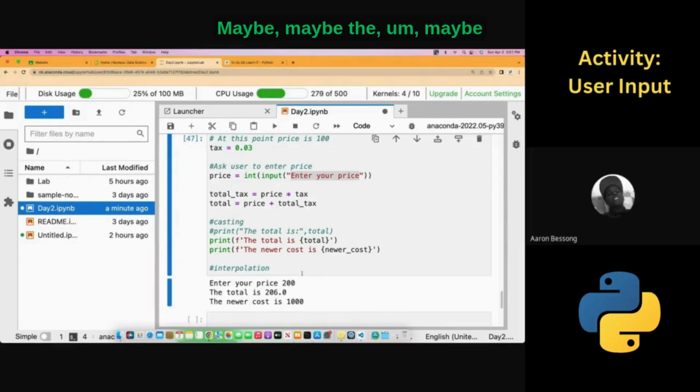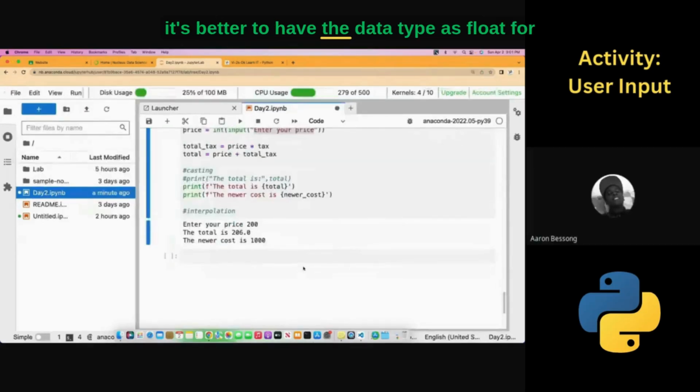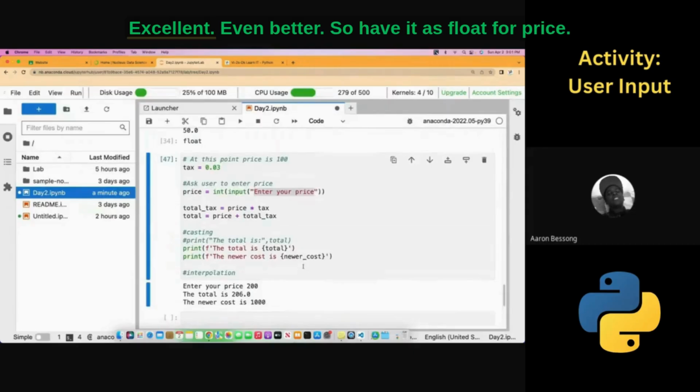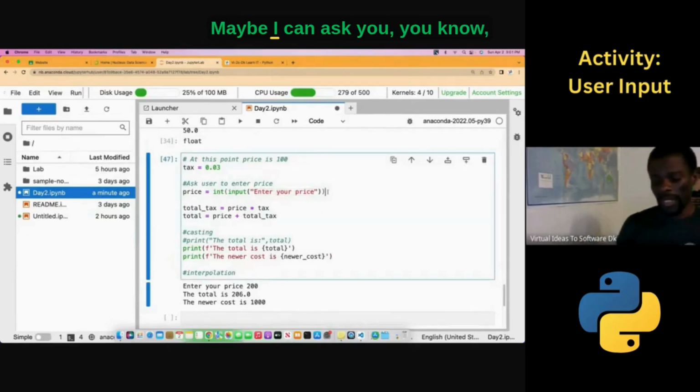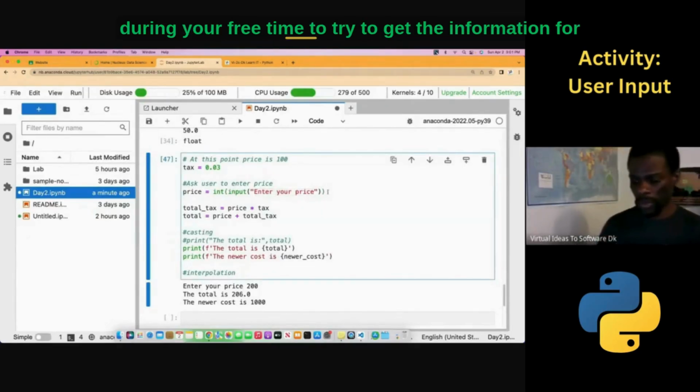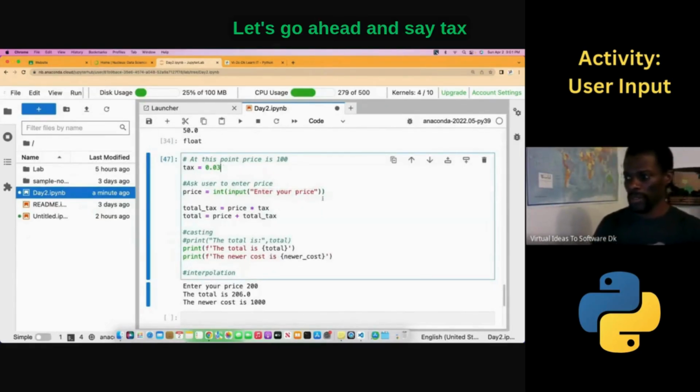Maybe it's better to have the data type as float for price. Excellent, even better. So have it as float for price. We can go ahead and try. Maybe I can ask you, during your free time, to try to get the information for tax. Let's go ahead and say